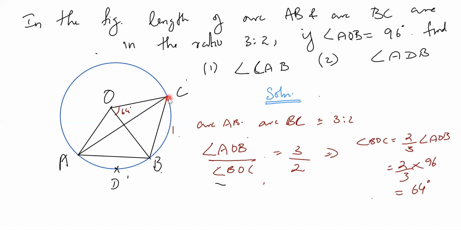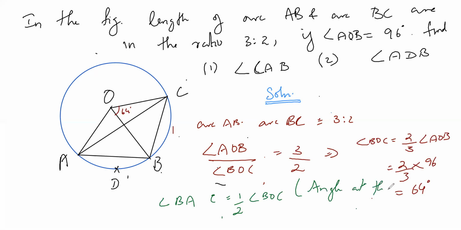What about BAC? BAC should be half of that. Angle BAC is equal to half of angle BOC. Correct? Because the angle at the center is twice